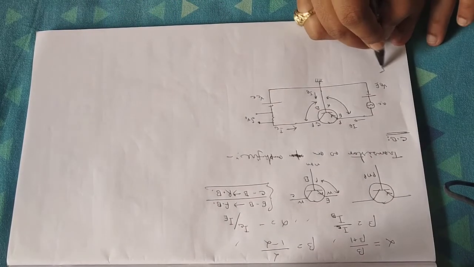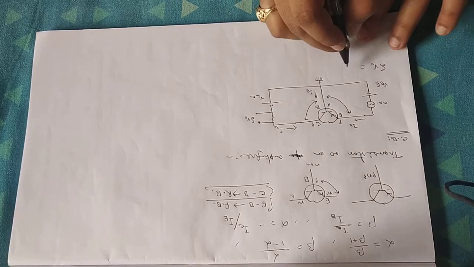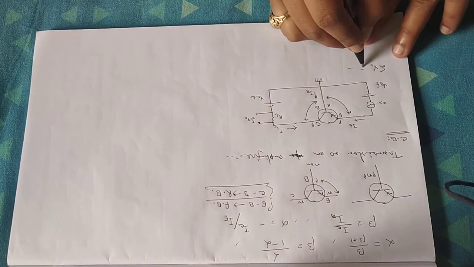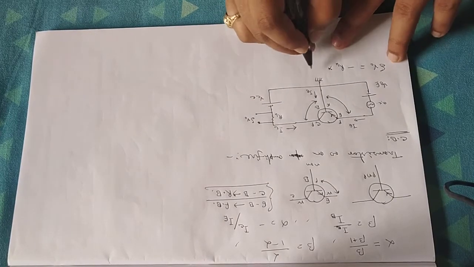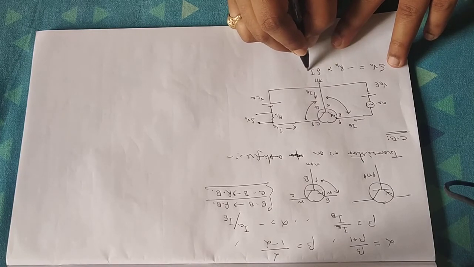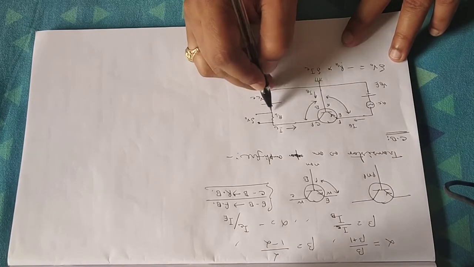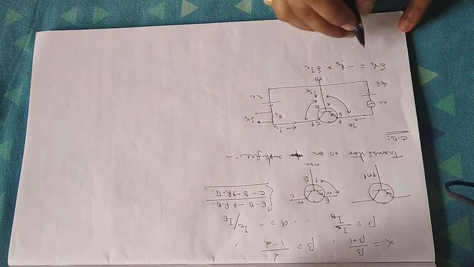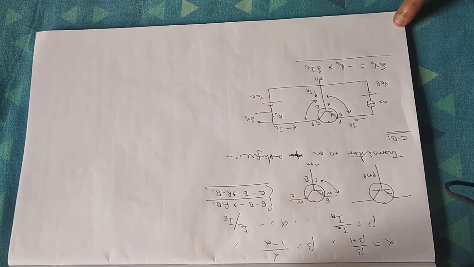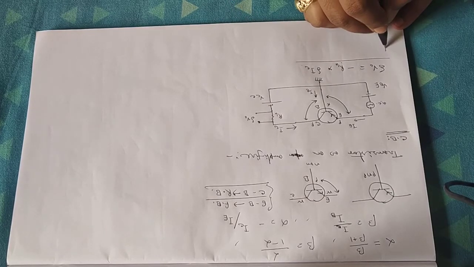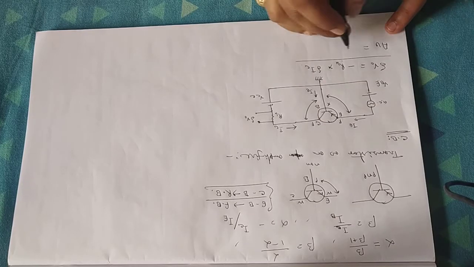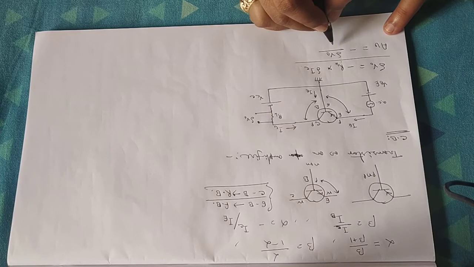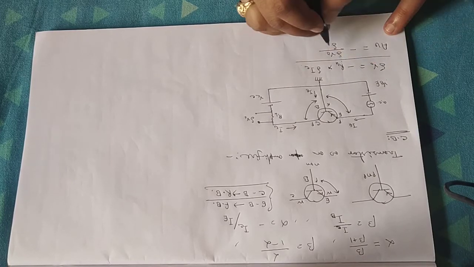Now how can I write the value of V0? Delta V0 will be equal to minus of, give it the name of the load resistance, suppose this is RL, this will be minus RL into delta IC. That is, the increase delta IC multiplied by the load resistance will be equal to the voltage drop across the resistance. So this is the voltage drop across the resistance. So if you want to calculate the amplification factor AV, that will be equal to minus delta V0, that is the output, divided by the input. Input is what? Input is delta, this VBE.